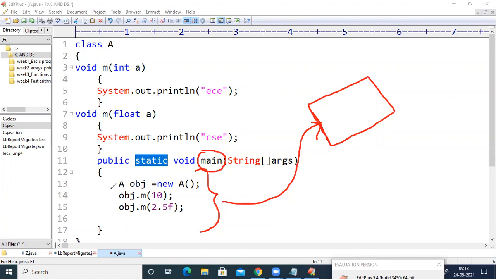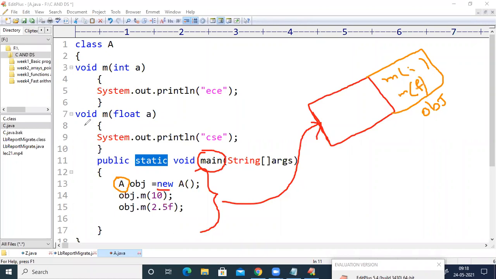If it executes the first statement, A obj equal to new A, whenever the compiler sees this new keyword, it is going to create one more memory, and the name of the memory is obj, because we have given A obj, and this obj is created for class A. Inside class A, the Java compiler will look for non-static variables and methods, and it will bring all the non-static variables and methods into this obj.